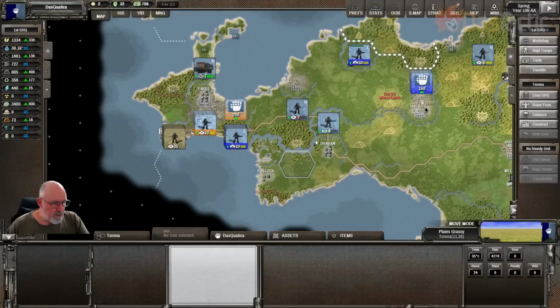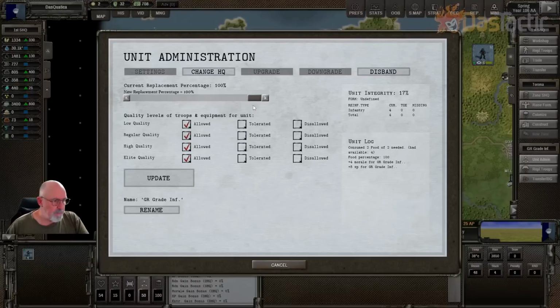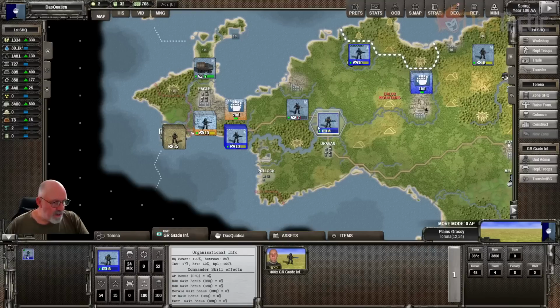What I might do here is just go and set this one up. If I just go to the unit admin and change the HQ, I can add 2 more groups across to the different other HQs. So I'm going to set this one to be part of the 1st Machine Gun Brigade, so that it can then...